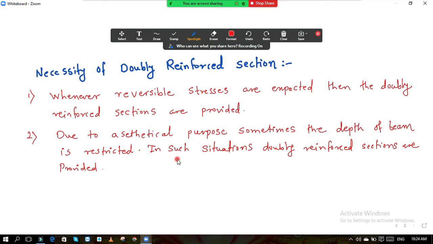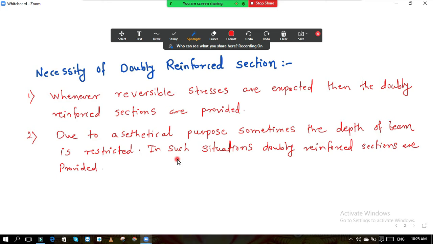Now when you enter the ground floor, if the depth of the beam is varying, it will not look good. But the load coming on the beams is different for different beams, and still you are providing the same depth for all the beams. So the beam which carries a greater load, if you provide less depth to that beam, then you have to increase the steel reinforcement, because you are reducing the area of the concrete.